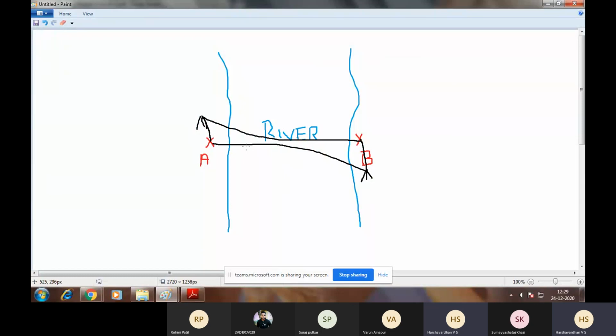It is conducted when there is an obstruction between 2 points. An example is when there is a river in between 2 points and you want to find the difference in elevation between 2 points on the opposite banks of the river. So these are the different types of leveling that are conducted.